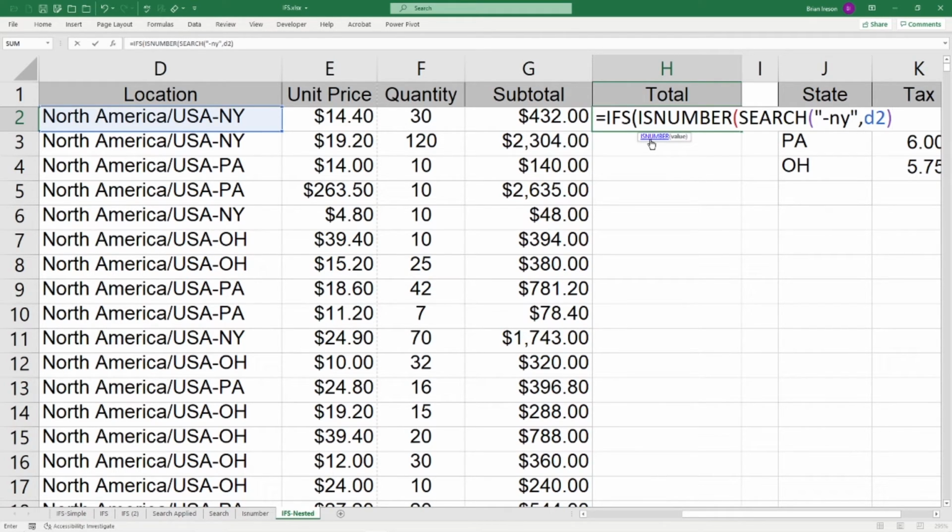So this is going to give me the numeric value that the isNumber is searching for. Now, the isNumber just requires that search to run. The isNumber in turn is going to return a true or false. Now, if all that happens, I'm going to go ahead and throw in my comma, because now I'm going to do the value if true. And that will be the value in cell G2